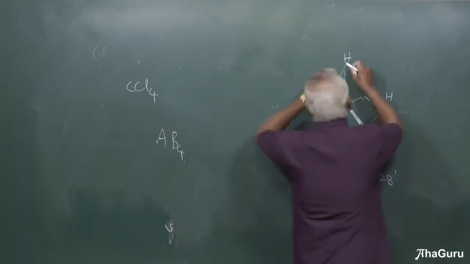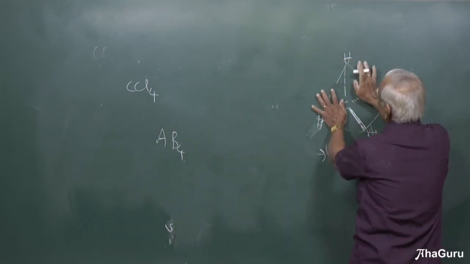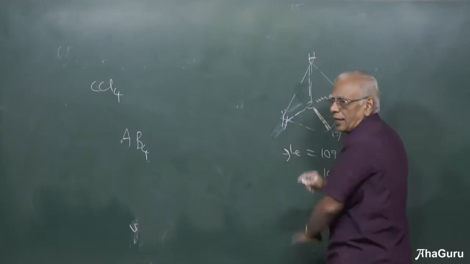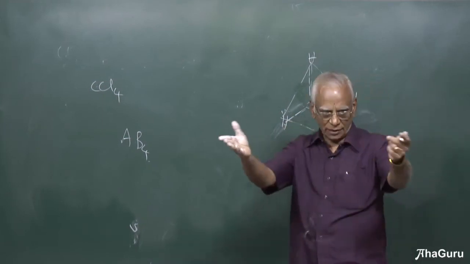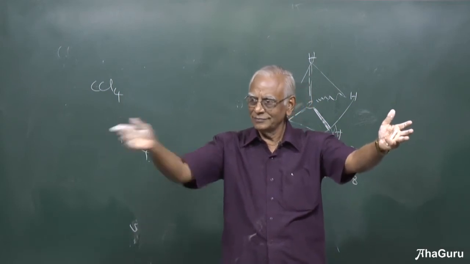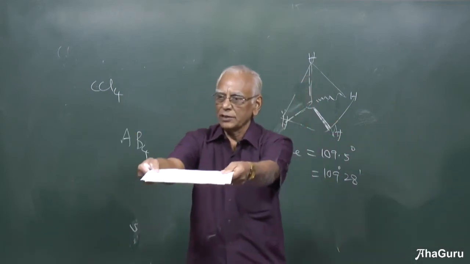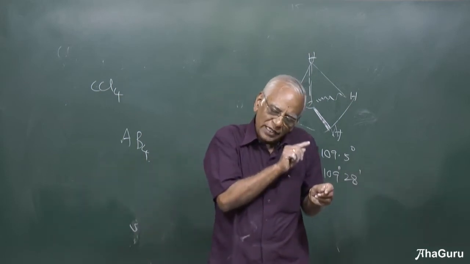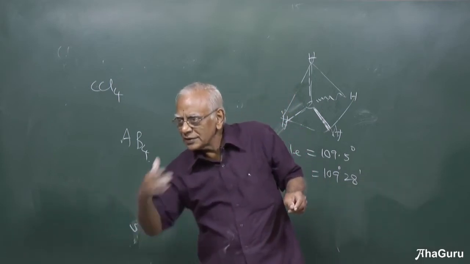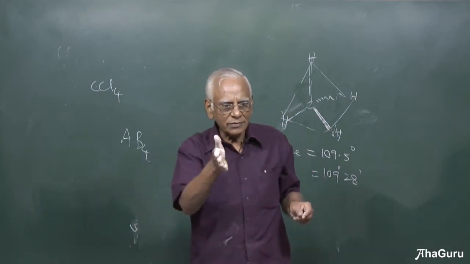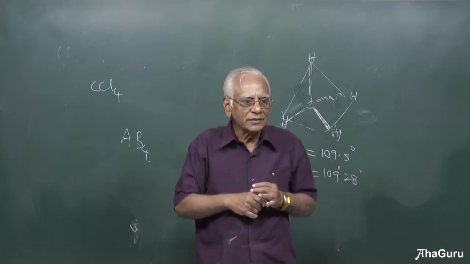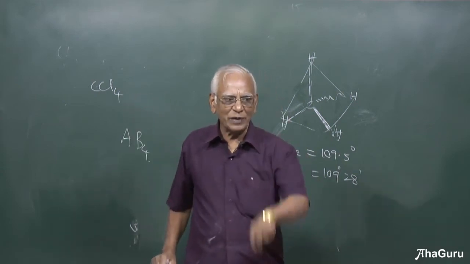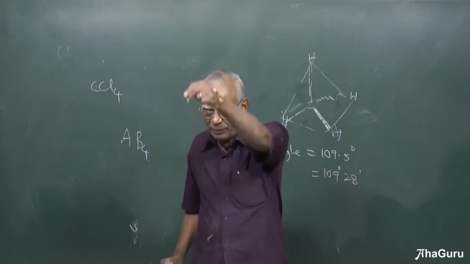Or you can take this carbon and hydrogen. Wonderful. I will take this hydrogen, this carbon and this hydrogen atom. How many atoms? 3 atoms. Any 3 atoms can be along the plane. 1, 2, 3. Can I not have 3 atoms on the plane here? Yes, possible. Supposing I put a point number 1, point number 2. Is it a plane? Yes, it's a plane, with X axis, Y axis, Z axis. Any 3 points make a plane.